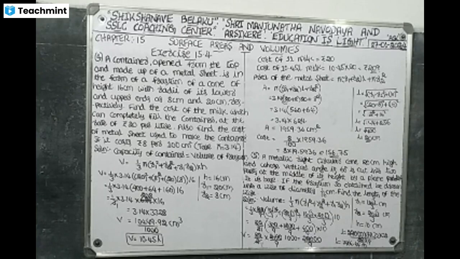Then the volume of the frustum of a cone is equal to 1 by 3 pi h, bracket R1 square plus R2 square plus R1 into R2. 1 by 3 into pi value 22 by 7 into h 10, bracket, R1 square means (10 root 3 by 3) whole square, plus R2 square means (20 root 3 by 3) whole square, plus R1 into R2, 10 root 3 by 3 into 20 root 3 by 3. The next step, then